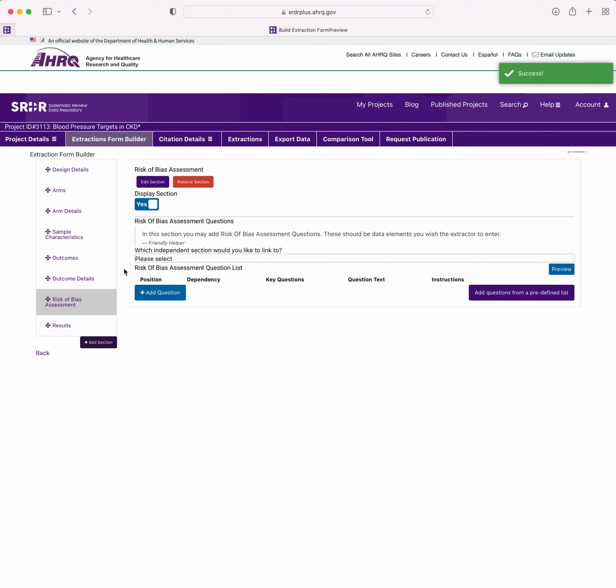As alluded to earlier in this video, the risk of bias assessment section, like the design details section, includes extraction form questions that are presented to the extractor at the study level, meaning they are asked only once per study extraction. Unique to this section, clicking on the button Add Questions from a predefined list, located at the bottom right of the page,